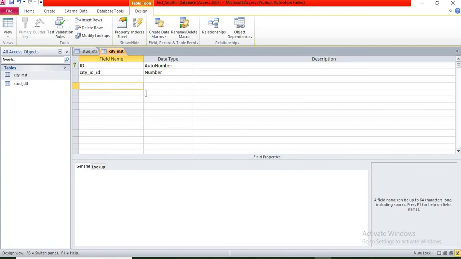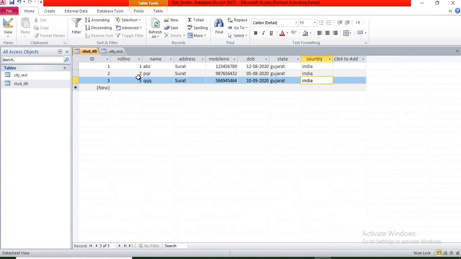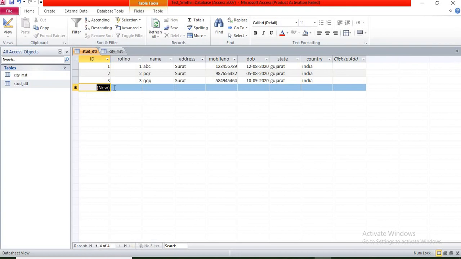Now the next topic is adding, deleting and modifying data in a table. Now suppose I want to change records in student_detail, so I click on student_detail, and our first topic is to add a new record. Now place the cursor here and press the tab key, so you can move to the next line.